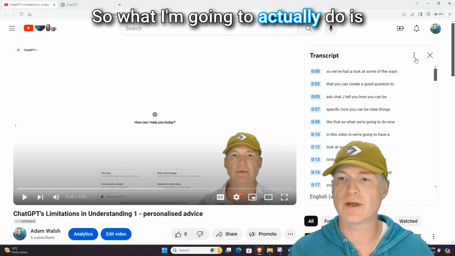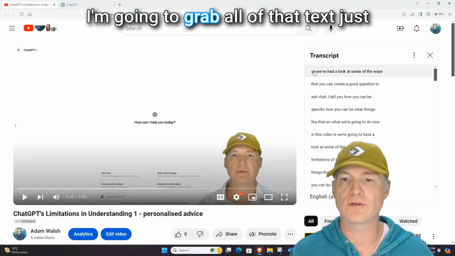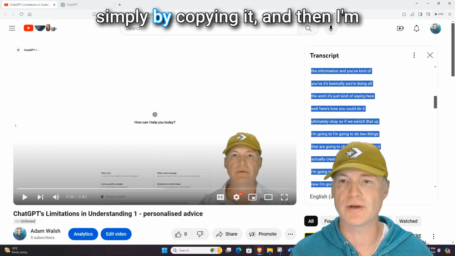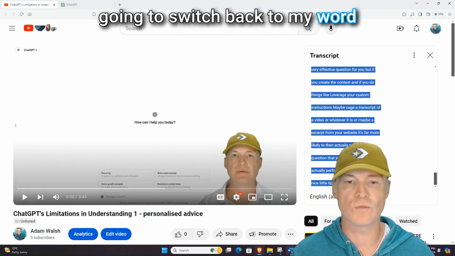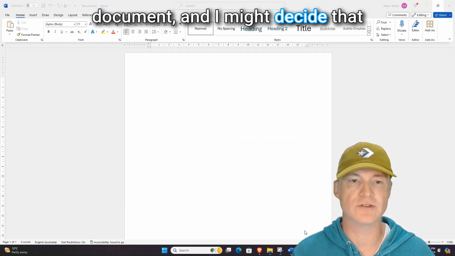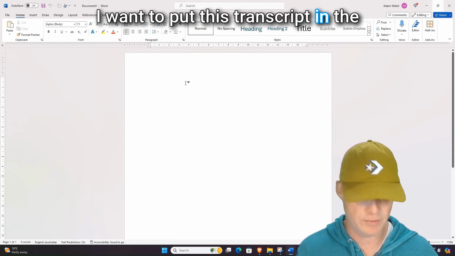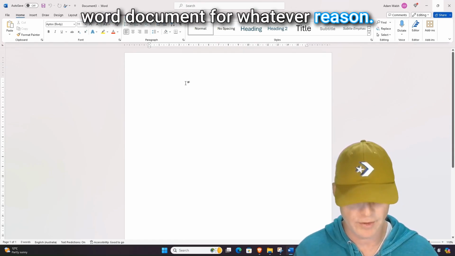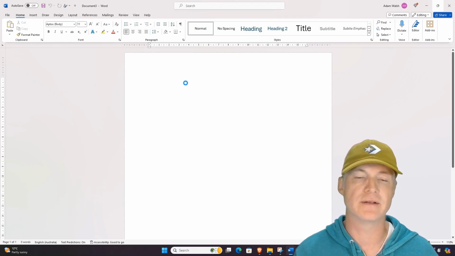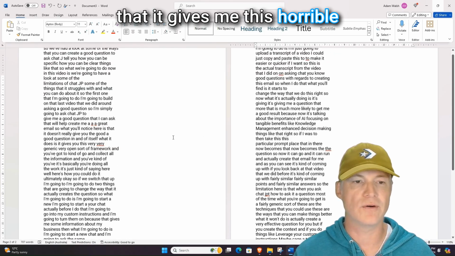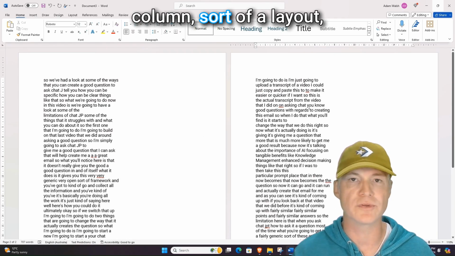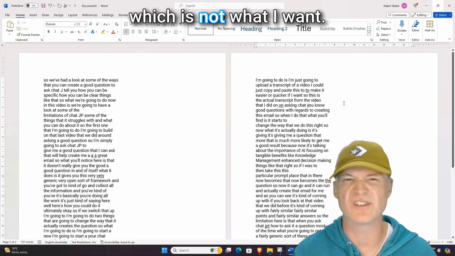So what I'm going to actually do is grab all of that text just simply by copying it. And then I'm going to switch back to my Word document, and I might decide that I want to put this transcript in the Word document for whatever reason. But when I paste the text, you see that it gives me this horrible column sort of layout, which is not what I want.